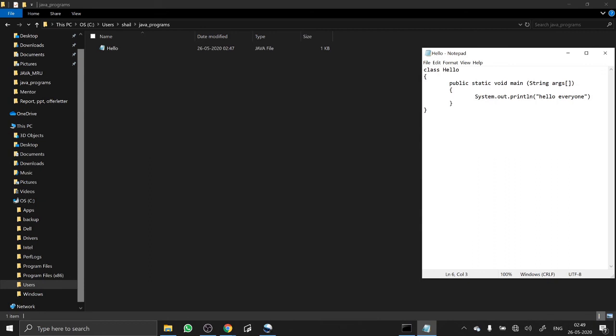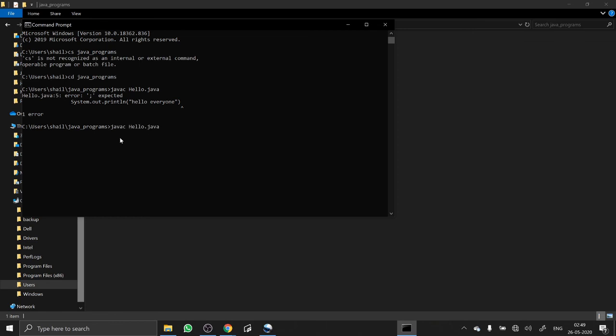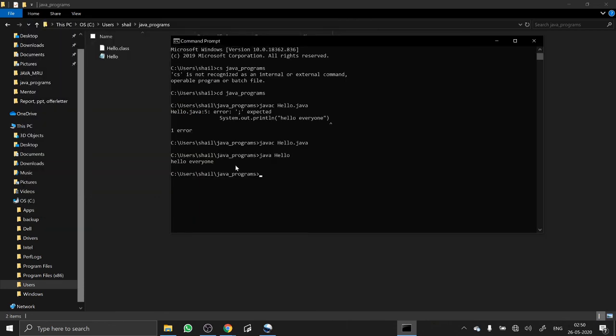and I'm going to place a semicolon after it. Save your file. Go to your command prompt and run it again. The file hello.java is compiled successfully. Now we have to run this file. To run this file, we just have to write the keyword java and our file name, that was hello. Press enter. The message that we have written in our file is displayed over here. So I hope you understood